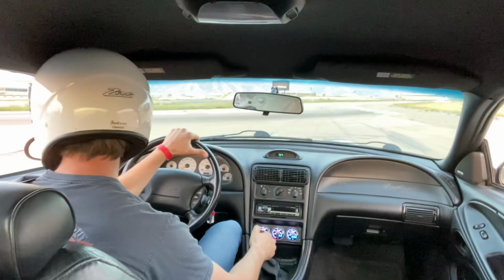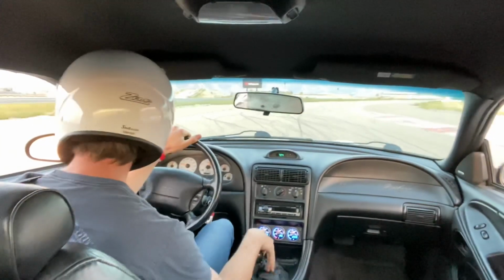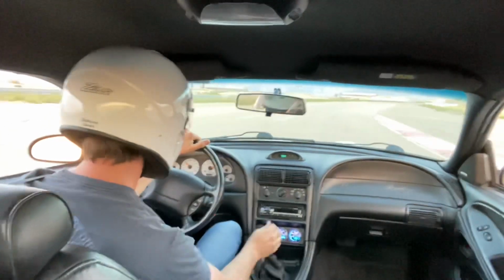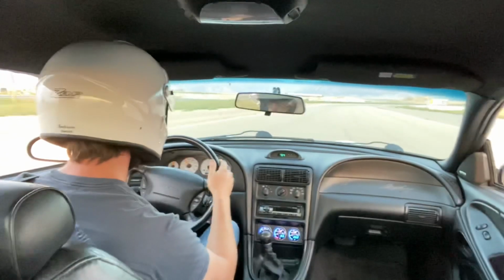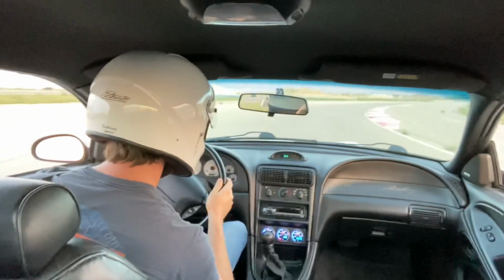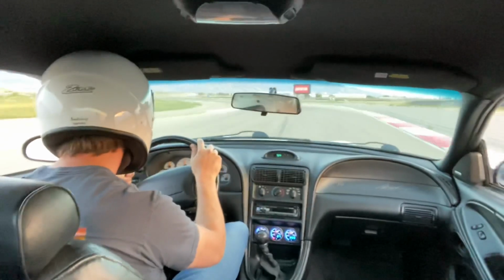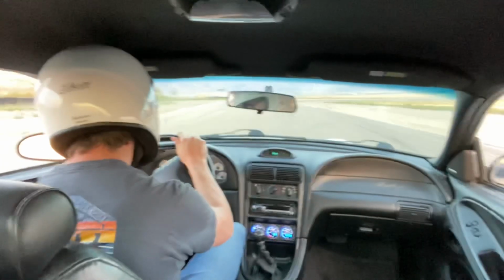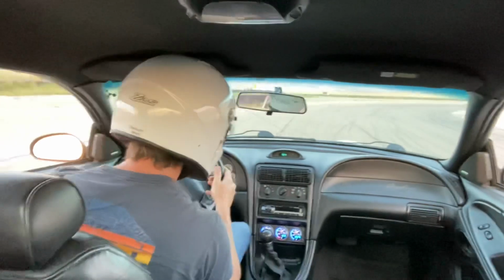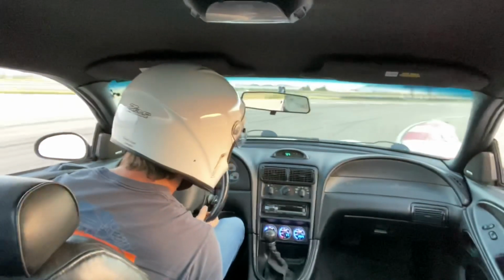Just a super fast rundown of what this car was. This is a 97 Cobra, so this is the 4.6 4-valve motor, which is the more racy inspired of the mod motors before they went to the 3-valve and then later the Coyote. So this would have come stock with about 305 horsepower. Redlined, I want to say 7,000. Definitely does not pull as hard for sure. This is probably 175 less horsepower, but no traction control, very raw, and something you can